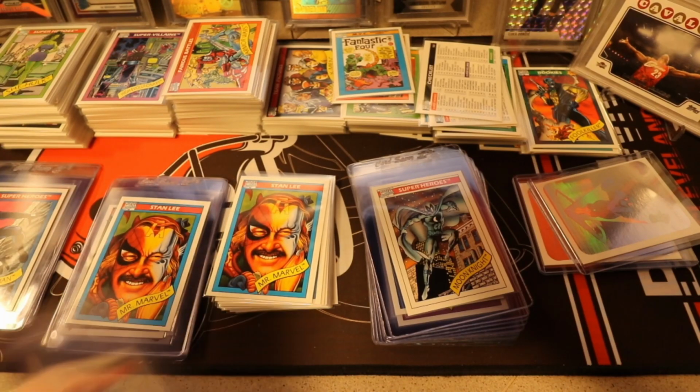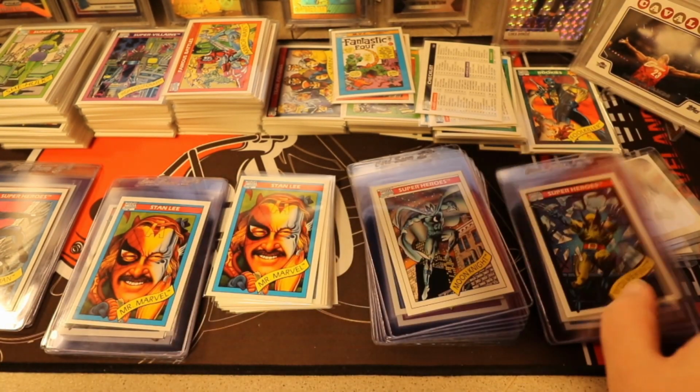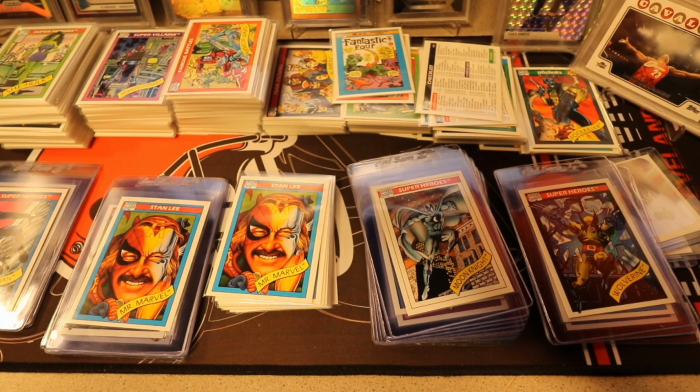I still got to put work in. This stuff still all needs graded. That still all needs paid for. So we'll see what happens. Now, I could sell some of this stuff raw. I could start working off dupes, making piles, selling things off, and kind of nickel and dime my way out of it. What I'm probably going to do with a large portion of this,